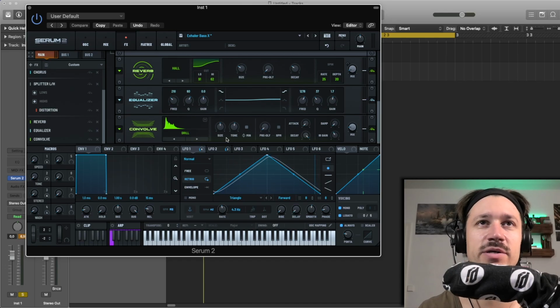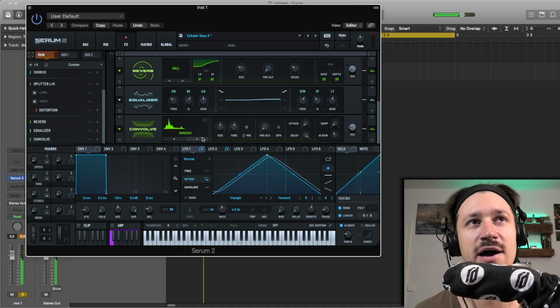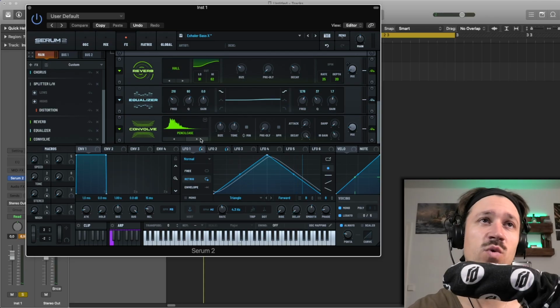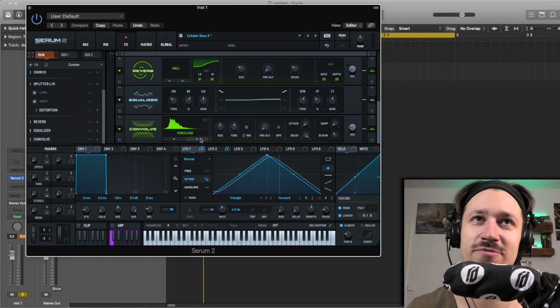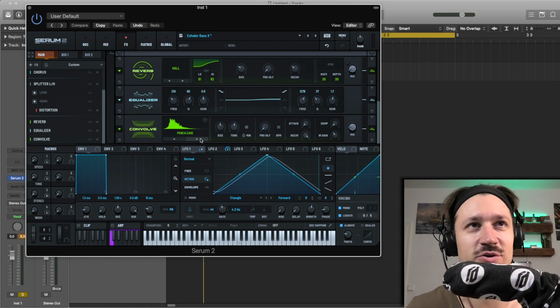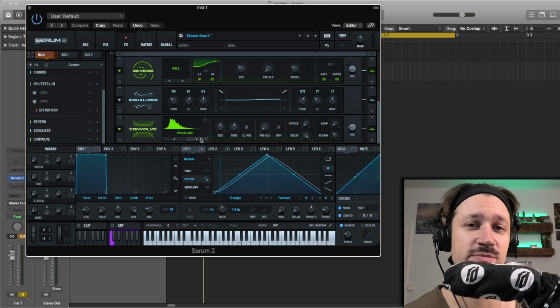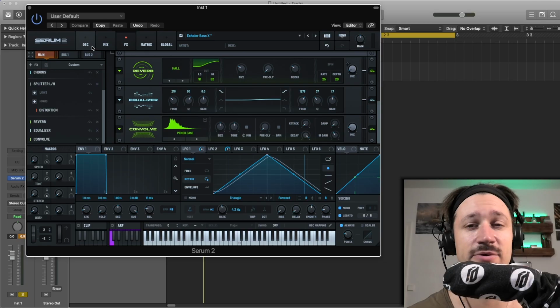Not to discredit Serum, but it's just how I want to do my sound design. I want the convolutions to have a whole new special effect on the sound. And with these 10 that I've created, they already work really well to give you more impactful results when you use the convolution. So grab those if you're on Patreon, because I think some of them will really help in your sound design patches. And if you're not, then I just showed you at the beginning how easy it was to make them,